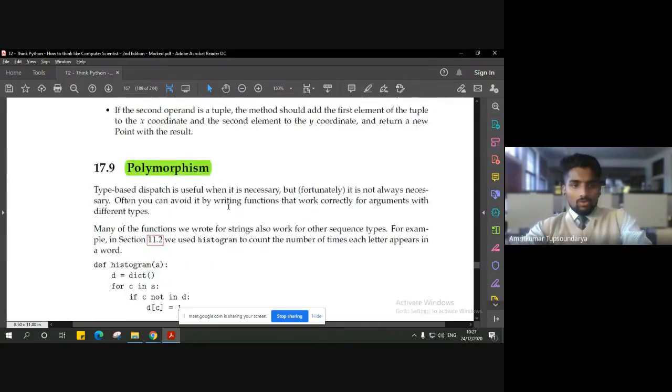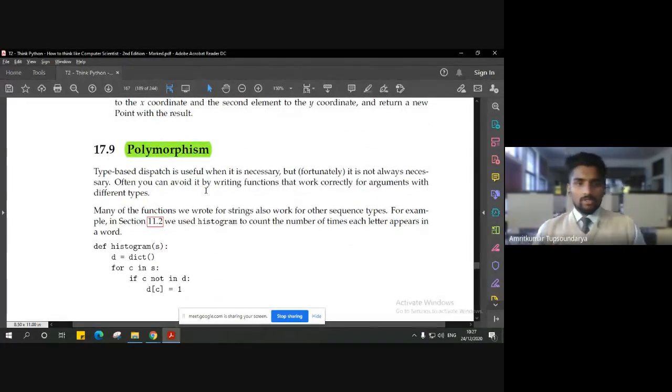Okay, so let us move ahead to understand one more important topic, that is polymorphism. Like I discussed in the previous class, we'll be discussing a few basic fundamental topics with respect to classes and objects, right? Since we are discussing classes and objects, a lot of concepts from object-oriented programming will be discussed. But the main area of focus will be how these object-oriented concepts are applicable here in Python. Right. So one such basic fundamental concept is called polymorphism.